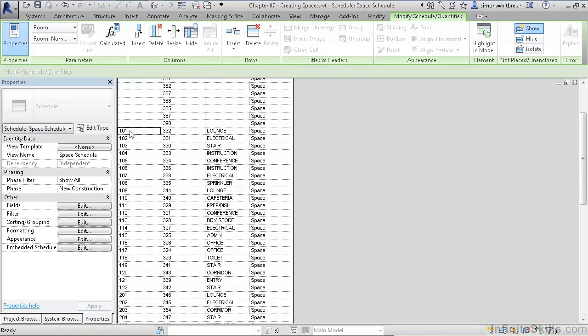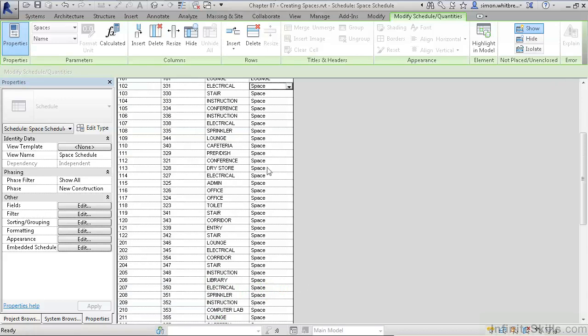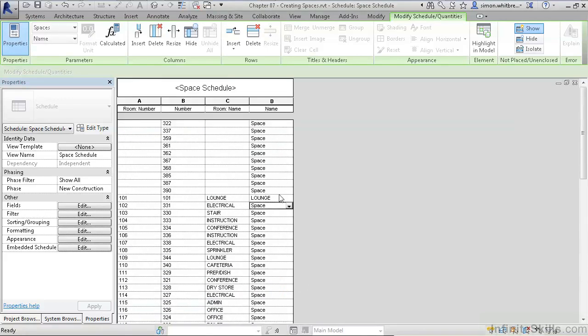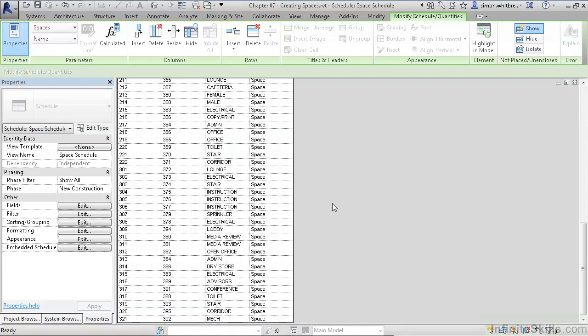Now we can see the room number, the space number, which we can change, the room name, and the space name. So we can also change the space name. You can see in this project it wouldn't take us that long to update these, so it's a nice job